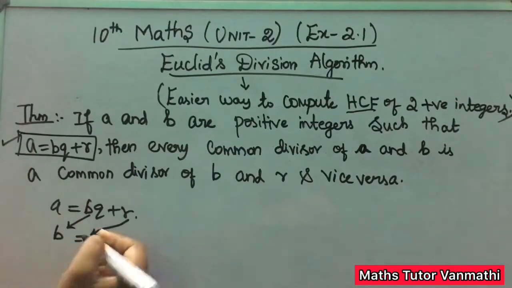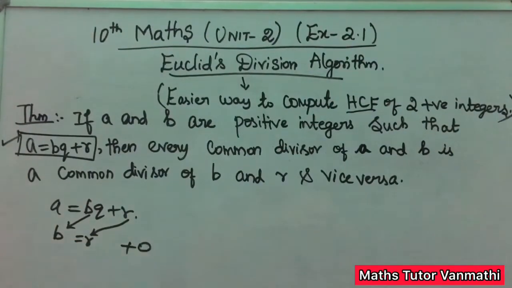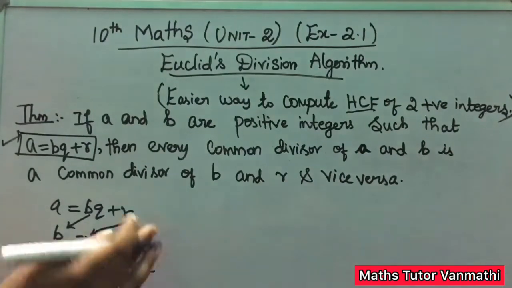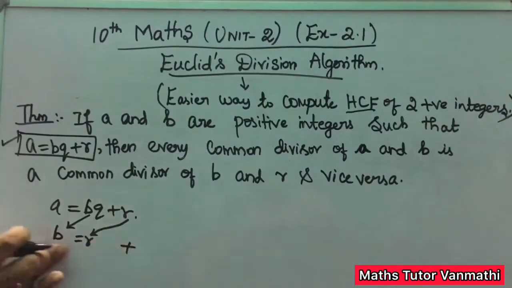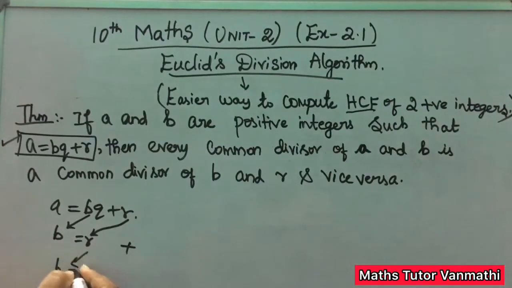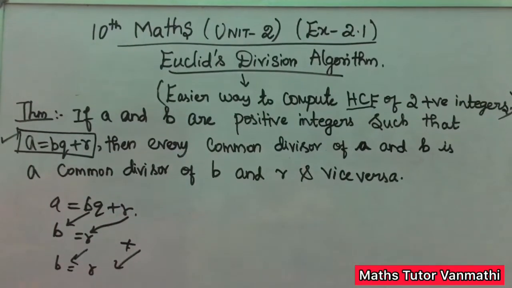Okay, and next we have to solve. If the remainder comes 0, we have to terminate at this. If it is not 0, if it is any other number, then again the process should be repeated. This B will come here and again this R will come here. This is your algorithm. By using the numbers in the problems, you can easily understand the concept. Okay, next we can see the steps in Euclid's algorithm.